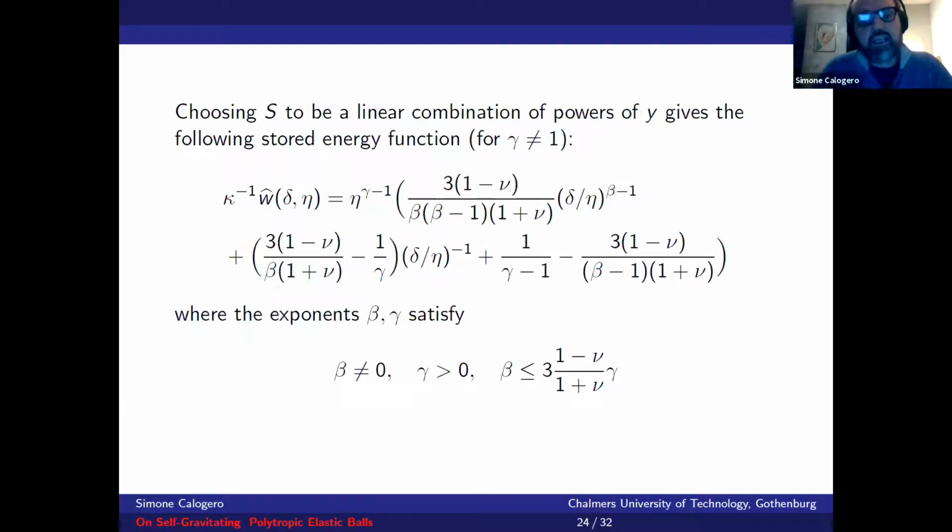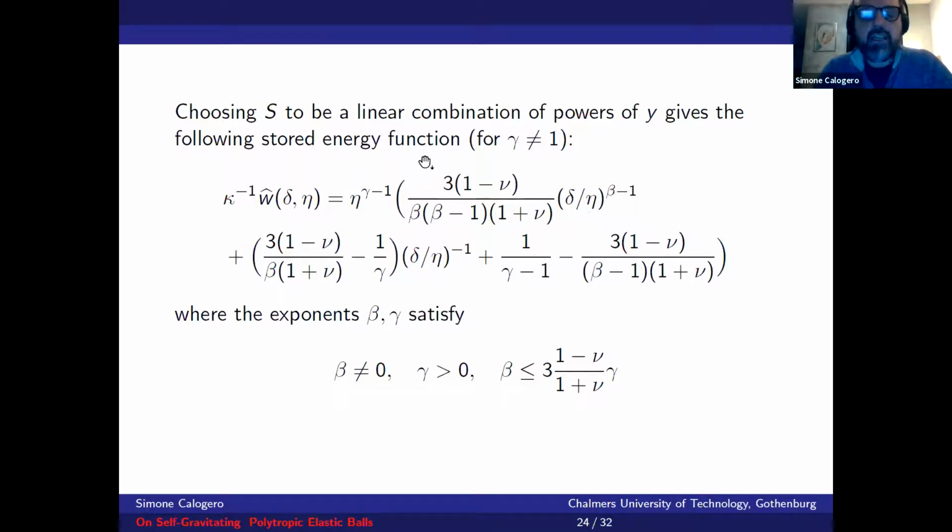For instance, I can impose that S, as a function of y, be just a linear combination of powers of y, because it seems kind of natural since we are in a polytropic, power law model. And then, plus some minor additional assumption, you end up with only one possible stored energy function,